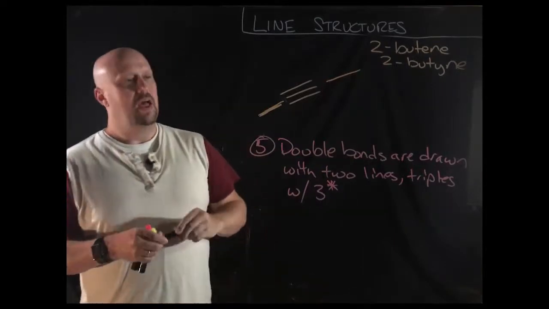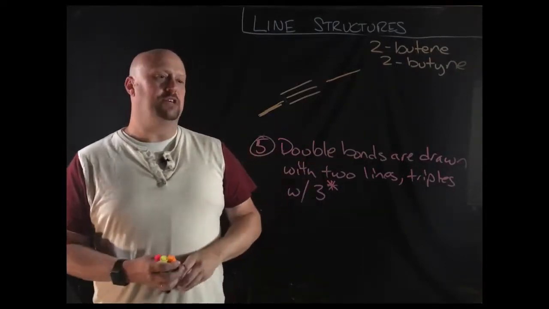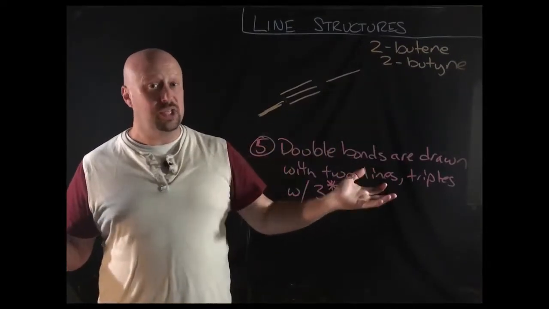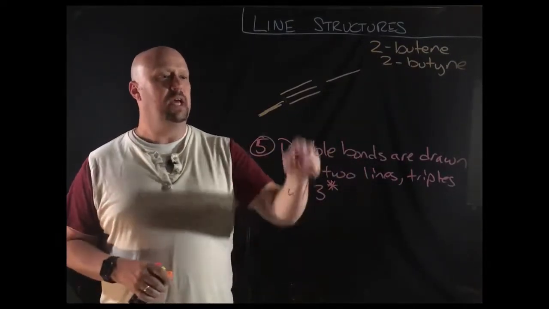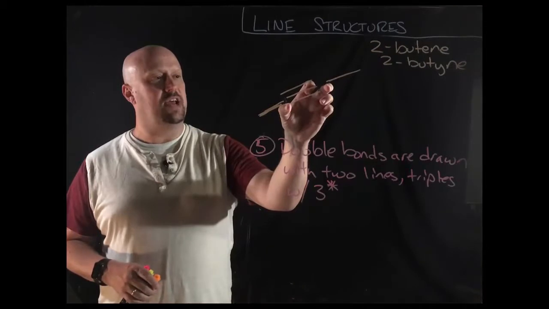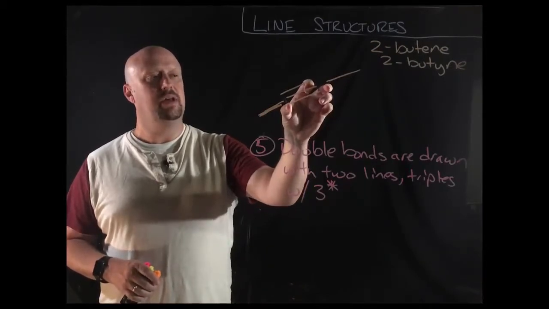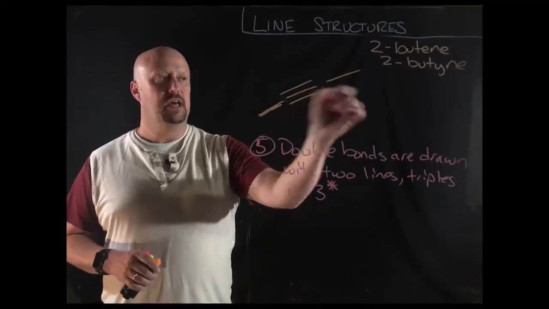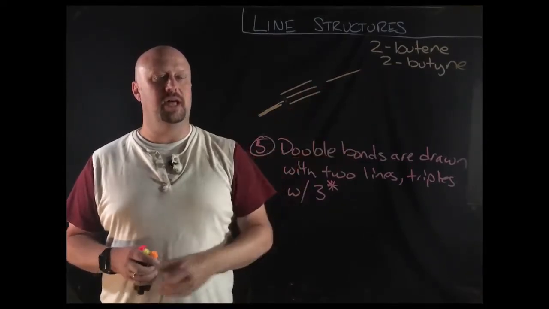So what does that mean as far as our hydrogens? Well, again, the ends are usually CH3, not always, but typically. And then these 2 carbons here, since they have a triple bond between them and then another single bond going off the other side, they don't have any hydrogens. So that means the formula for 2-butyne then,